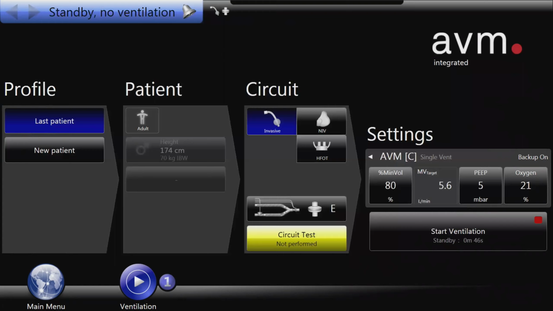So as long as you're nearer to the actual breath rate of the patient, you will support the patient much better in just taking the right steps here. Okay, then we go back to